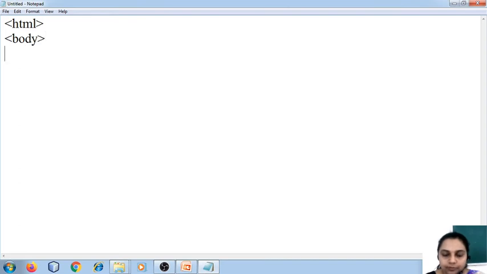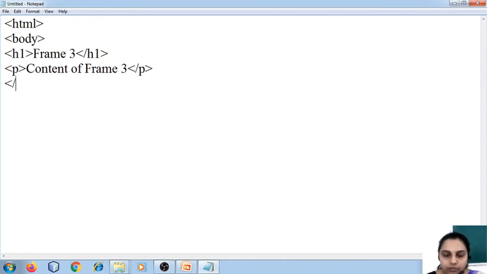Body, h1, frame 3, close h1, paragraph. I say content of frame 3, close the paragraph, followed by closing of the body tag and the HTML tag.